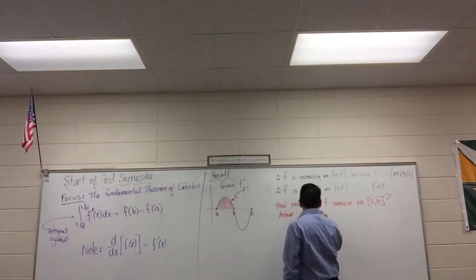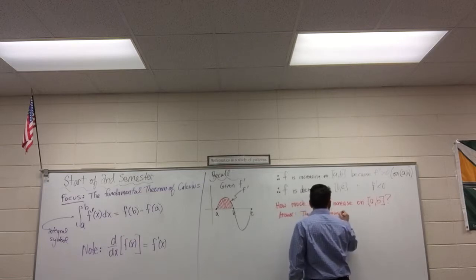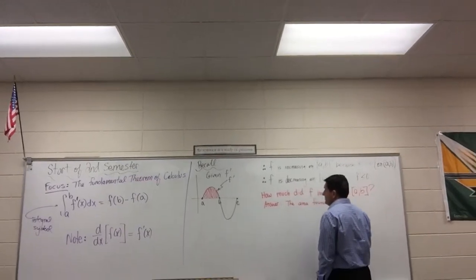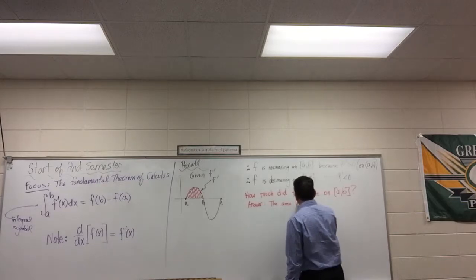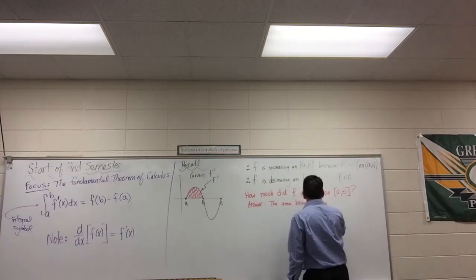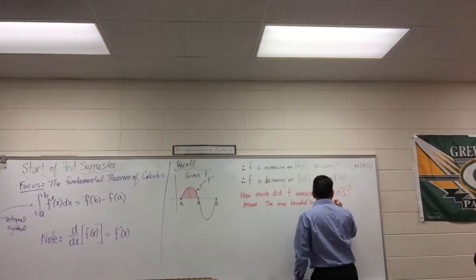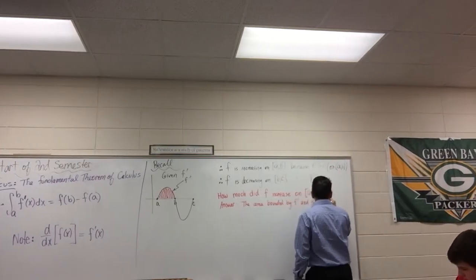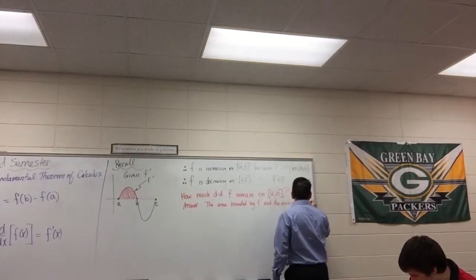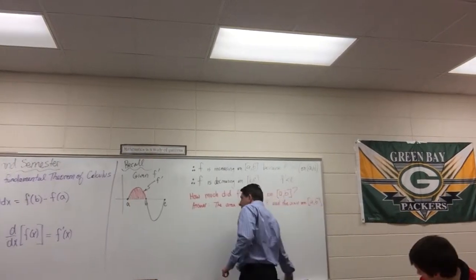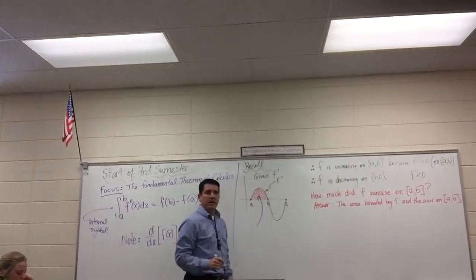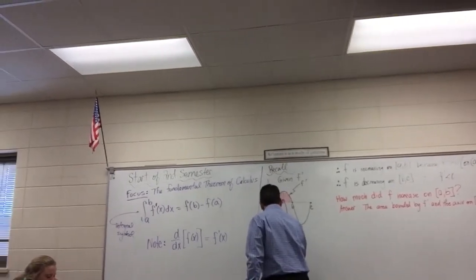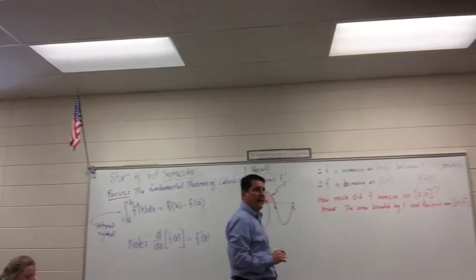So the answer is the area bounded by f prime and the x-axis on the interval from A to B. To make a little note here, this area right here, the area is equal to